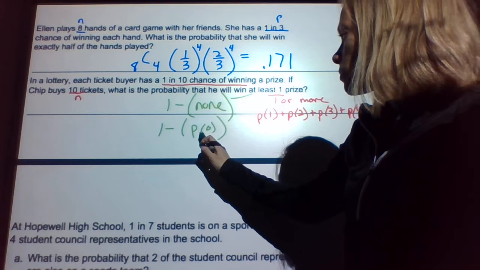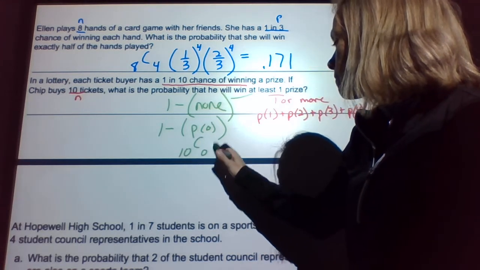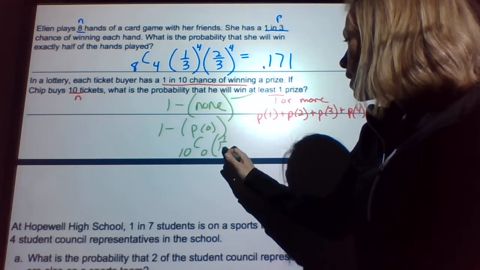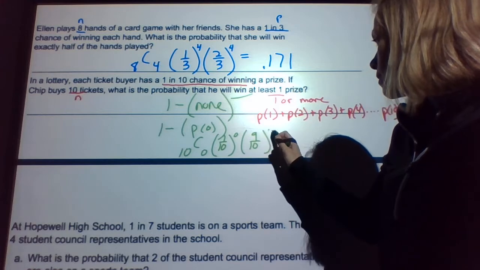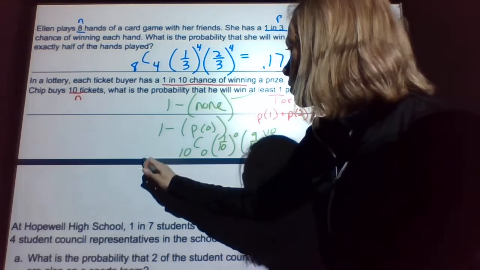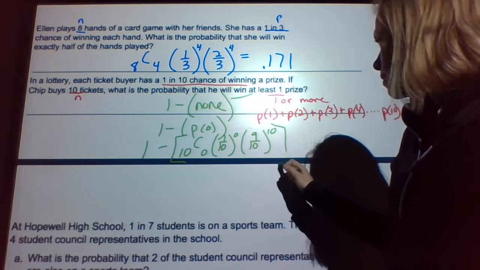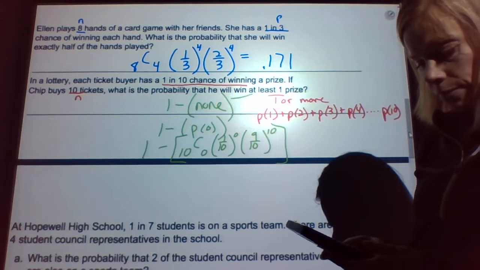So if I were to do 0, that would be 10C0, 1 out of 10 to the 0, 9 out of 10 to the 10th, 10 minus 0 is 10, and I'm going to take 1 minus whatever that equals. So on my calculator,